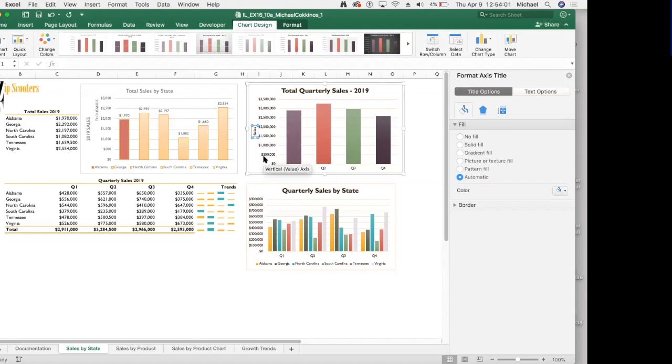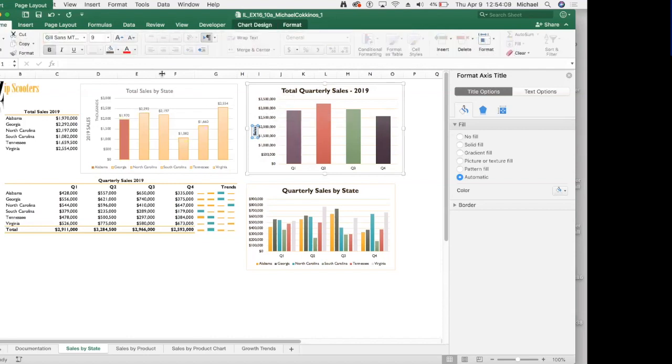Okay, so the next thing is to increase the size. Okay, same old stuff with that, right? So that's pretty basic stuff. You're going to go to your home tab. There's no mini toolbar, unfortunately, on the Mac version here. So you have to just go in there, and 12 points is what they want. So we do that. It makes it a little bit bigger. We're good. Okay. The next thing then is to increase the, no, I'm sorry, add quarters as the primary horizontal